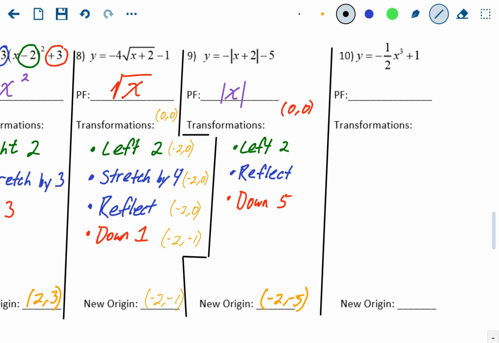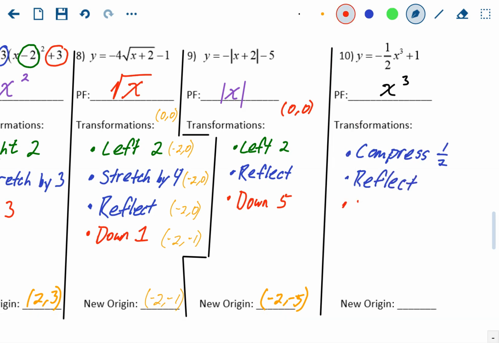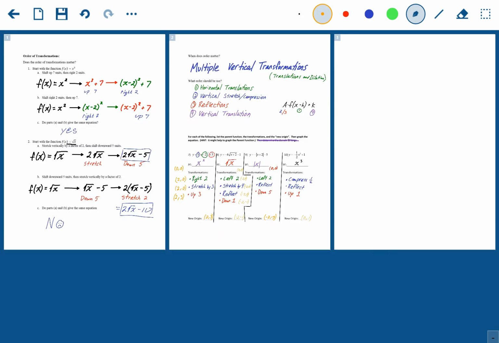Alright, and this last one, parent function for this is a cubic. It's x to the third power. There's nothing being added or subtracted inside, so our first transformation is going to be the compression by a factor of 1/2. Second is the negative that's out front, which is going to reflect it. And then the last transformation is the plus 1, moves it up 1. Okay. Where's the new origin? Starts